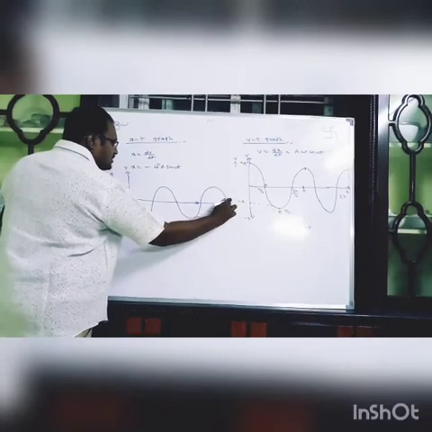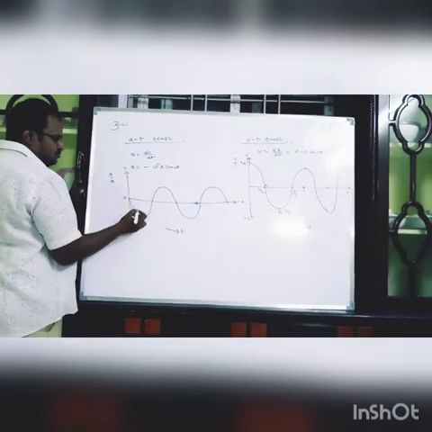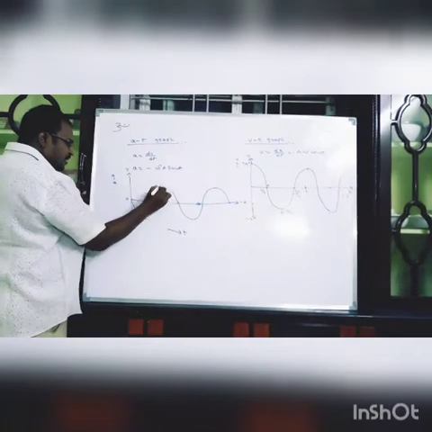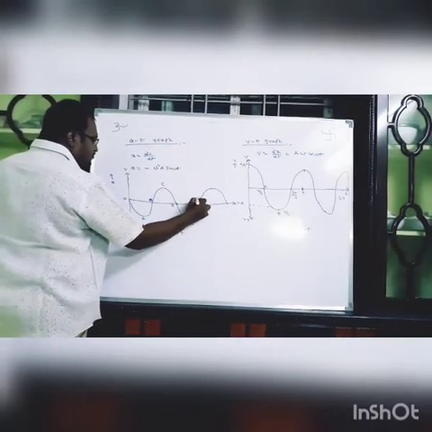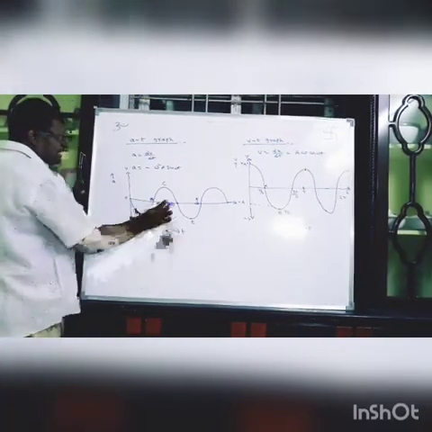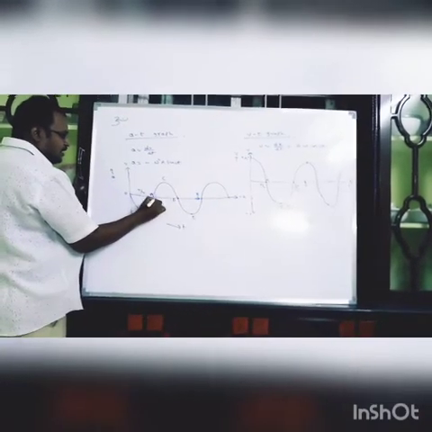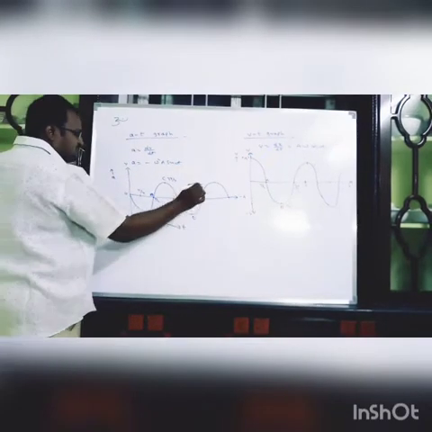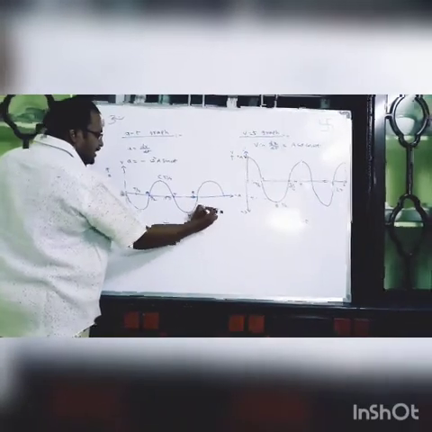The graph is like this. See, 0, A, this is point A, this is B, C, D, E, F, like this. Similarly, the time period should be like the previous case, that is T by 4, here T by 2, here T by 4, at point D total time is T, and also here the total time period is T plus T, that is 2T. Total time period is 2T.